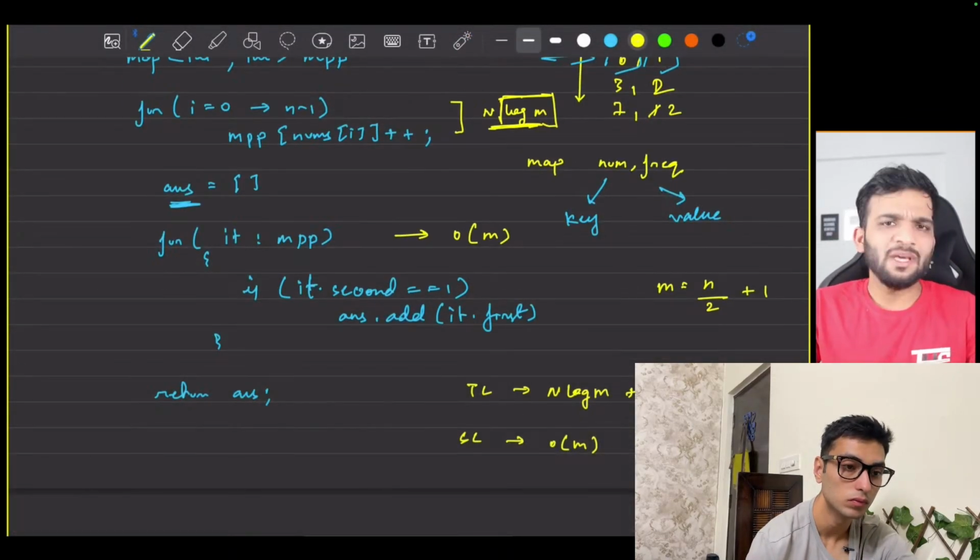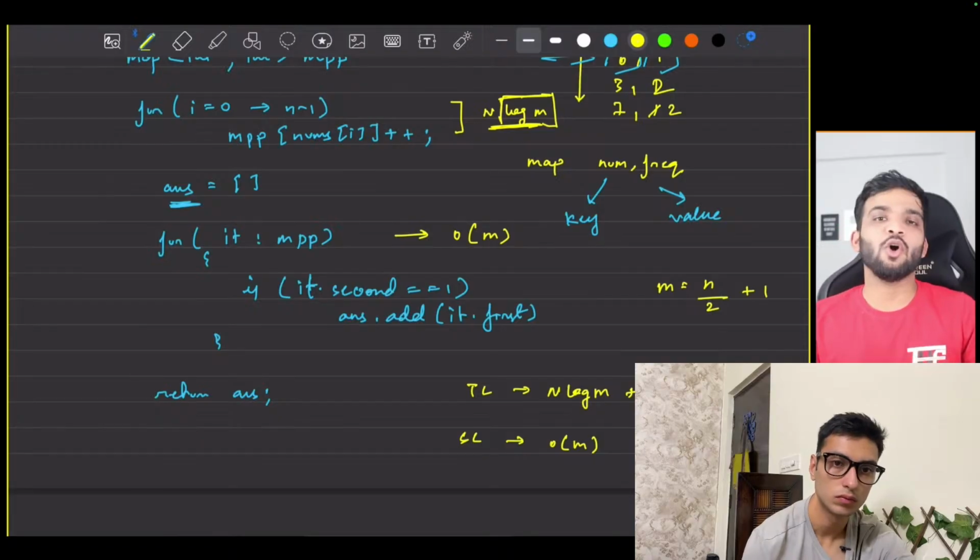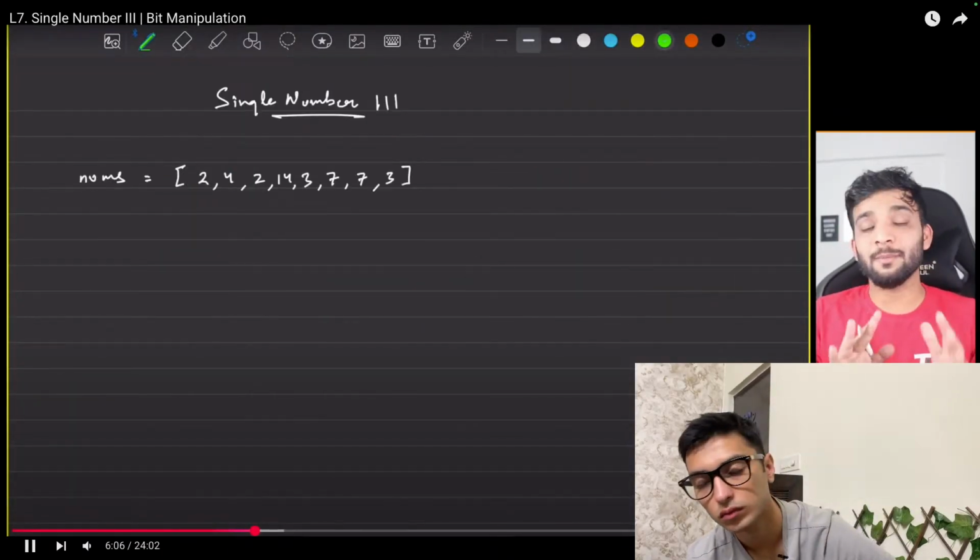Obviously the interviewer will not be happy with this one because we are using an external data structure, and he'll ask you to optimize it. So in order to optimize the brute force, I'll be